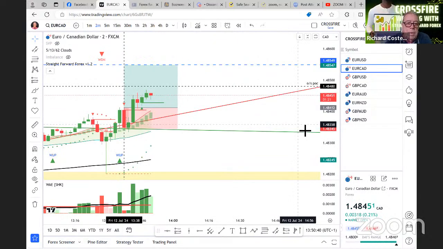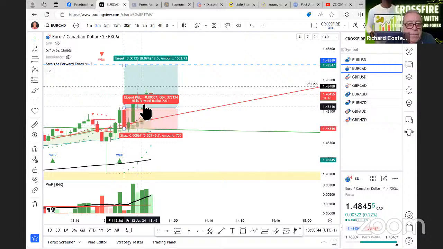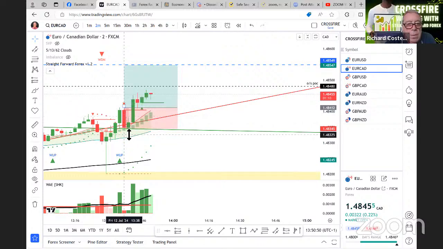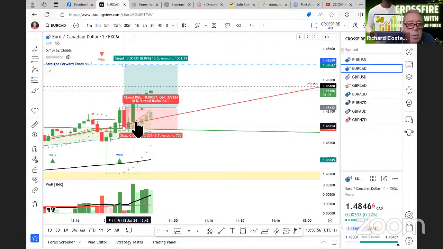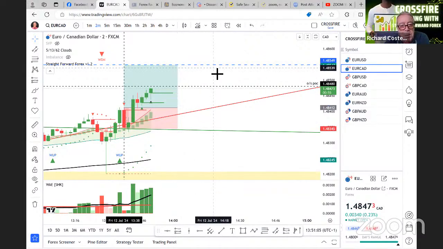I would go with, where are we? Assuming that I didn't get in on that candle, because that would have taken me out. This candle, I could have got in, and therefore I've got my 1 to 2. So I'm thinking that this is going to continue going up. I cannot see any